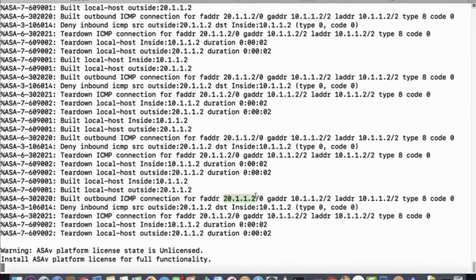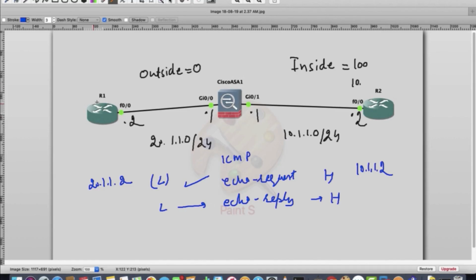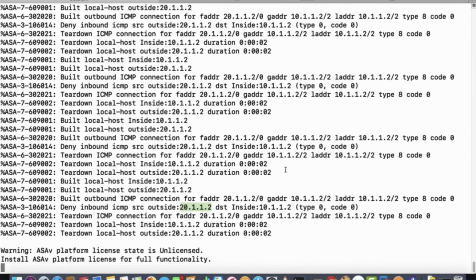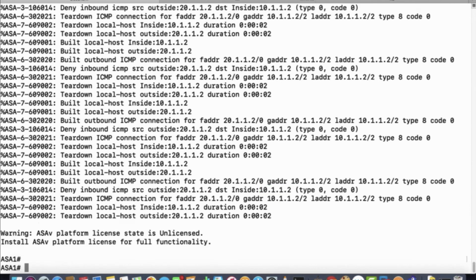This is the outside towards inside router 2. It is denied inbound ICMP. This is the outside, from this to this. This is router 2, which is inside. Teardown. That is why.